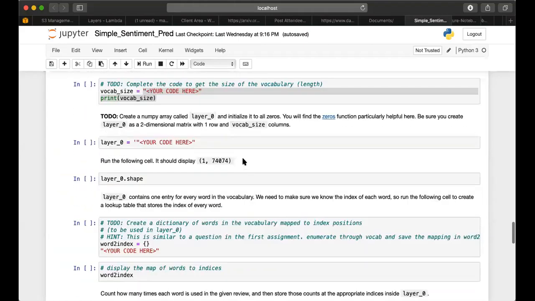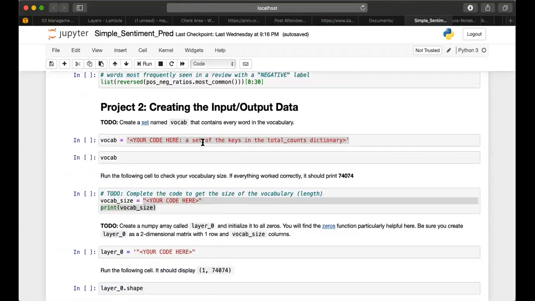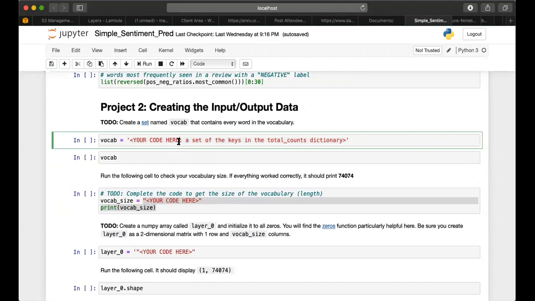So here, I just wanted you to create a set of the total count of words in your total counts dictionary. You have your total counts dictionary that we defined above, which contains all the words as keys, from all the documents, and the corresponding counts.